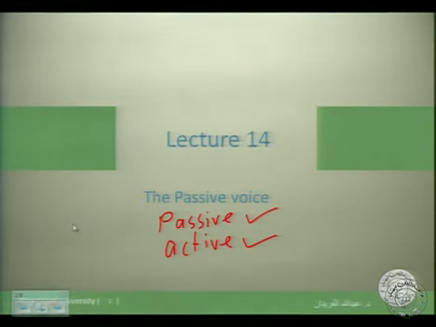Why do we use the passive voice? We want to vary our style in writing and in speech. It's sometimes very beautiful to use the passive voice. The passive voice is widely used in academic writing. If you read a research paper, a PhD thesis, an MA dissertation, any kind of research, you will find that most of these sentences are in the passive voice. They say something like